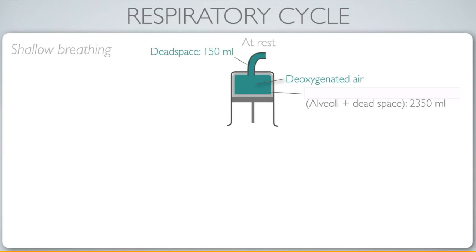Okay, so we're at a point in the respiratory cycle where we're about to take a breath. And there has been sufficient time for the air inspired from the previous breath to reach equilibrium with the blood. And so we would say that the air is deoxygenated because it has the same partial pressure as the blood. Now, note something here, that there's a volume. Okay, we're about to do inspiration. There's a volume here at rest within all the alveoli